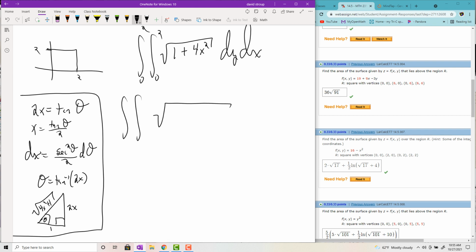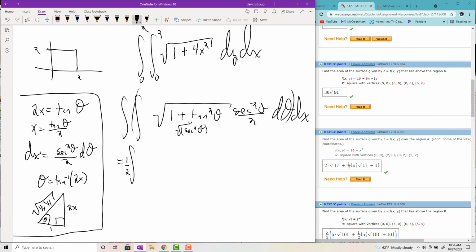So I have the square root of 1 plus tan squared theta times secant squared theta all over 2 d theta dx. And I'm trying to figure this out. That'll be the integral of, I could factor out 1/2, and then the square root of 1 plus tan squared, that's going to be the square root of secant squared, which will just be secant, and then I end up with a secant cubed theta d theta. Believe it or not, I've done that integral so many times, I kind of know what it is. It is